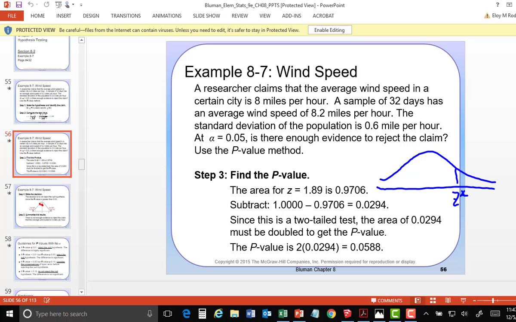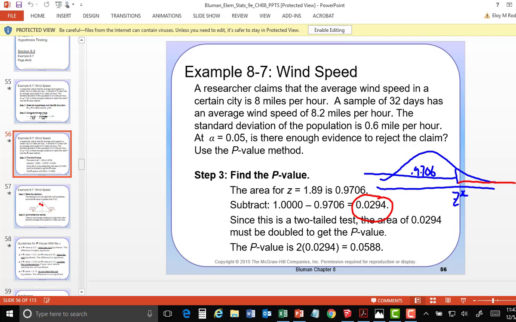I'm going to put a star, okay? So from here on back, that's 0.9706. That's not what I'm looking for. I'm looking from this way forward, the area under the curve this way. Right? Well, obviously that's going to be 1 minus that. So now I look at 0.0254, and all you have to do now is compare it to the level of